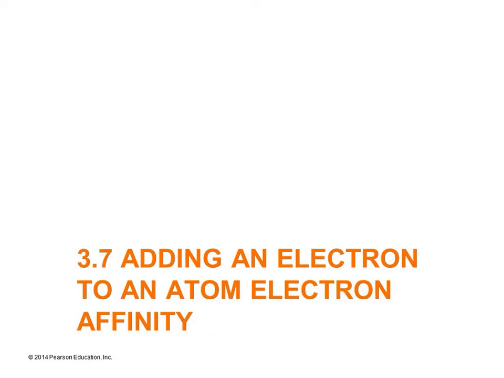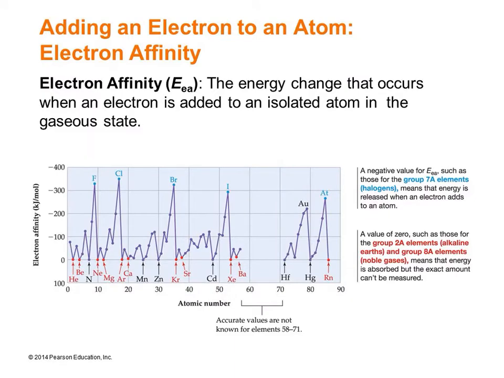Let's do ionization energy's evil opposite twin, and that's electron affinity. Ionization energy is the amount of energy it takes to remove an electron. Electron affinity is the change that occurs when an electron is added. If we wanted to be very formal about it,